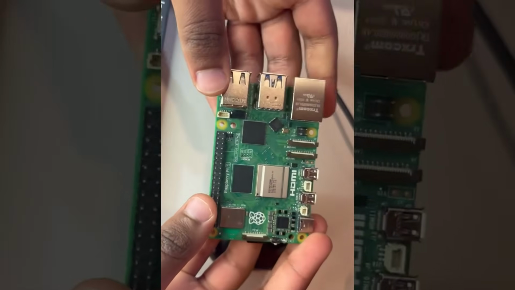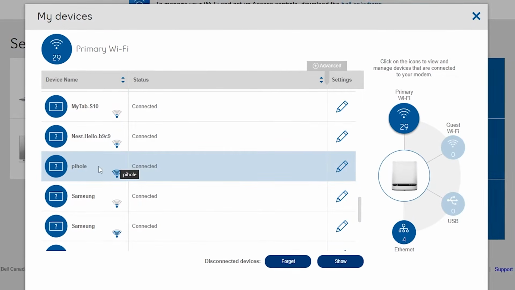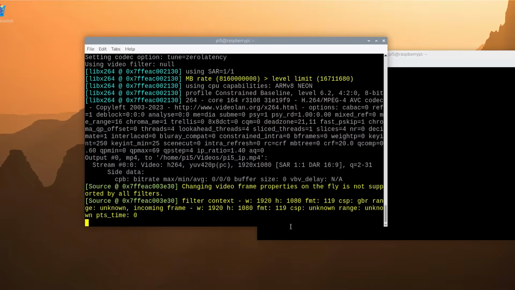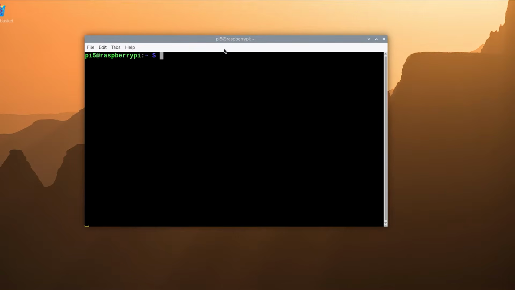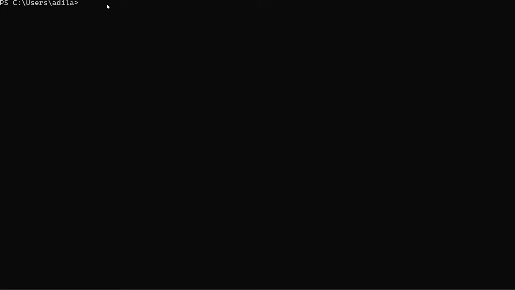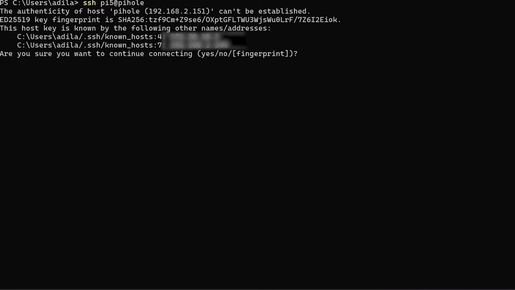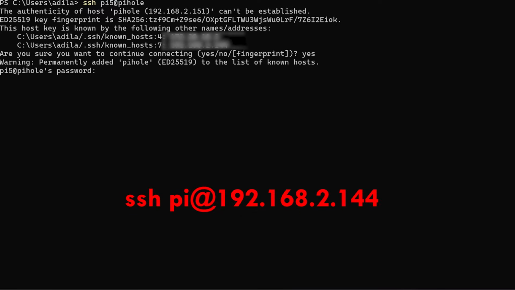that matters for reservations. To find your Pi's IP address, one thing you can do is open a terminal on your Raspberry Pi and run hostname -I, and this prints the IP address you'll use to SSH. Once you have your IP, you can SSH into the Pi by typing ssh, your username, whether that is pi or pi5, and then @ followed by your IP, in my case ssh pi5@